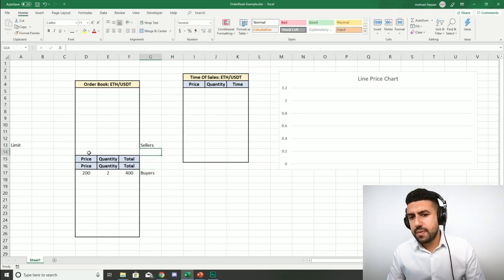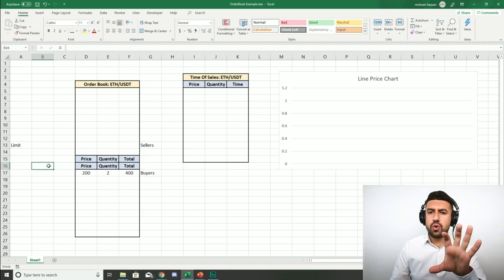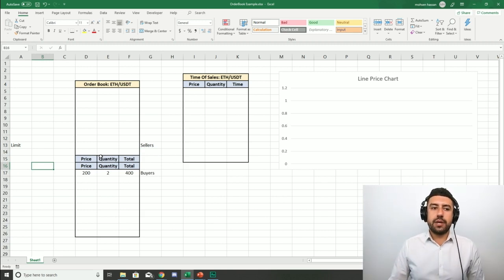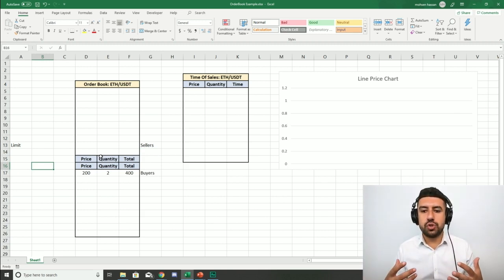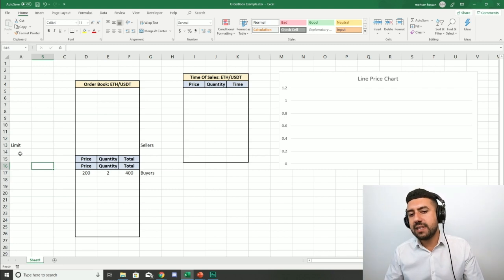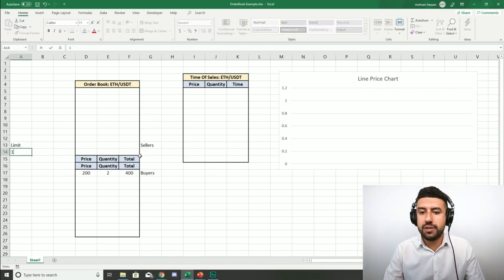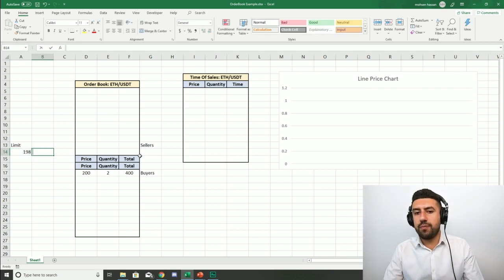Now, if you do already know how the order book works, please keep listening to this lecture because we're going to go more in depth about the mentality and how you should view the order book and orders and prices and all of that stuff. Now, let's say somebody else wants to buy something. Somebody wants to buy at a price of 198 and he wants to buy 4 of them.